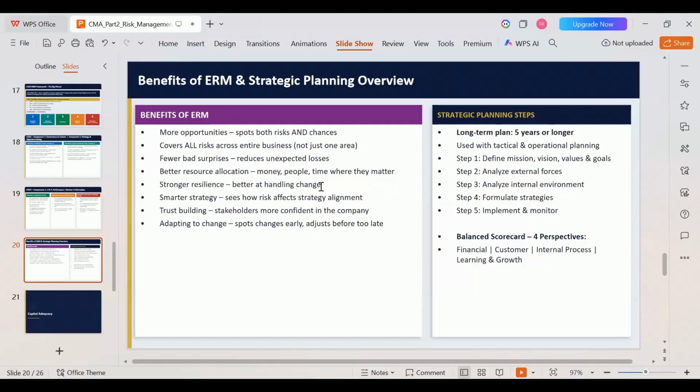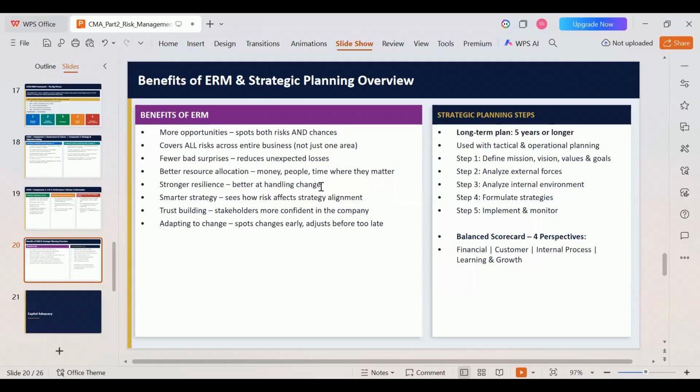And there is one limitation. Even in spite of taking all these measures, nobody can give 100% assurance that risk will be completely eliminated. We will only give reasonable assurance, stating that to some extent we will be able to reduce the risk impact. So the biggest limitation is that nobody can guarantee success or complete risk elimination from the business through ERM.